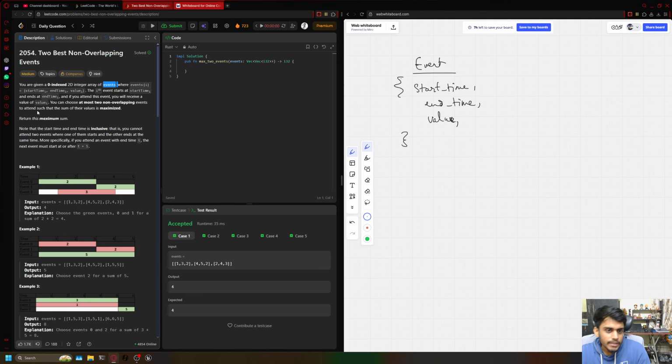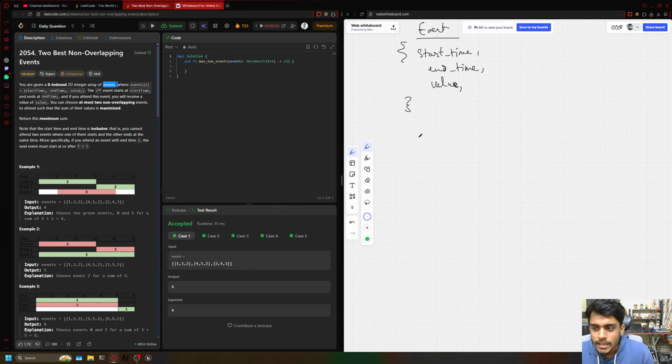Now there is a note here. Note that the start time and end time is inclusive. That is, you cannot attend two events where one starts and the other ends at the same time. More specifically, if you attend an event with ending time t, the next event must start at or after t+1. So it's basically saying that, let's say there is an event which has s1, e1,